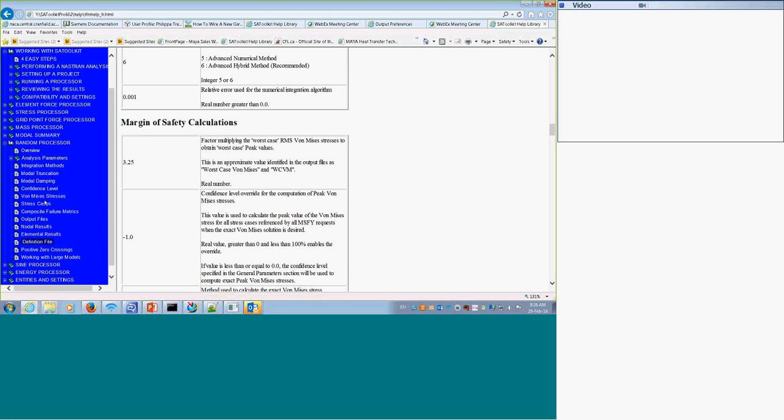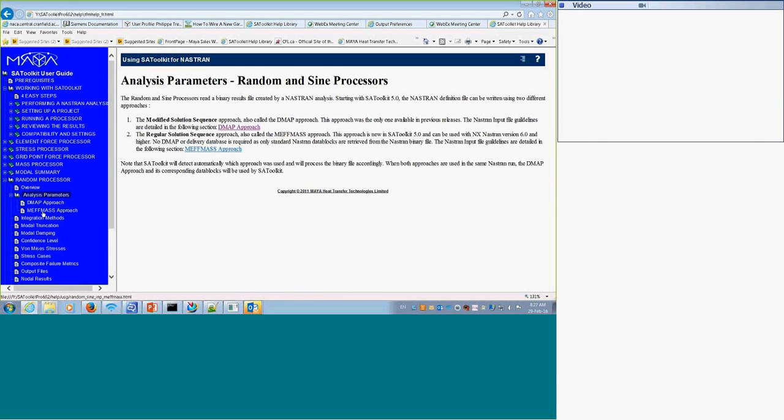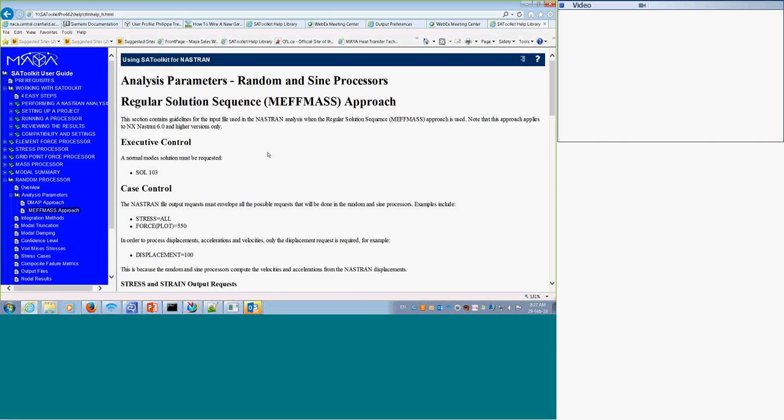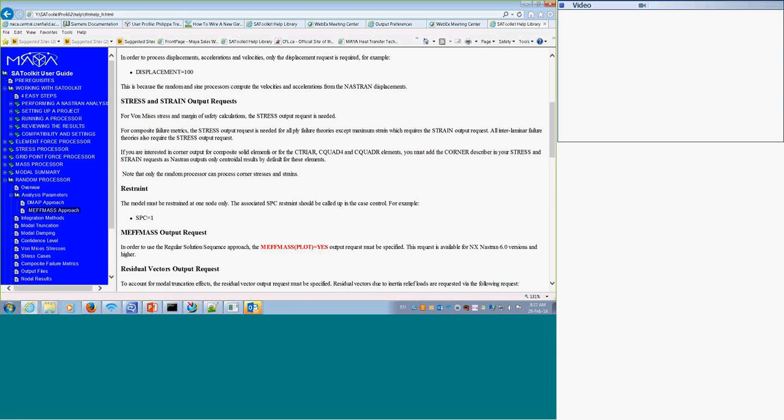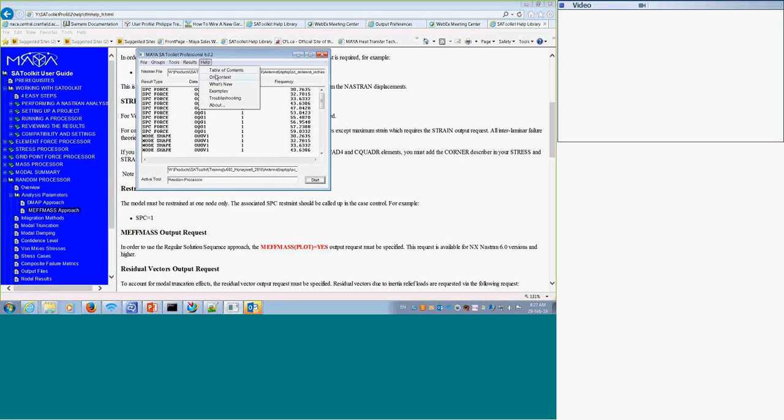In the documentation, you clearly see what's generated by SA Toolkit in terms of results and in what format. There's also a bit of theoretical background, and how to prepare your Nastran input file as well. So that's the help table of contents.